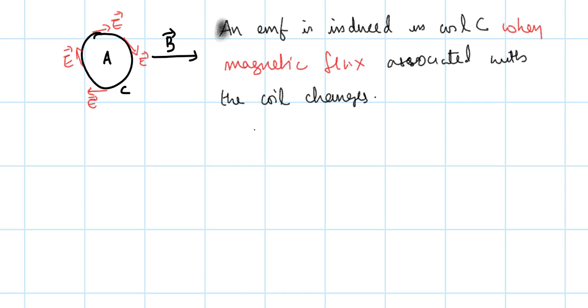An EMF is induced in coil C when magnetic flux associated with the coil changes with respect to time. So this is one statement